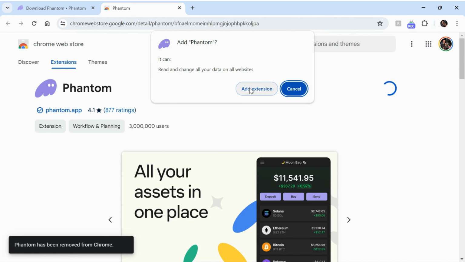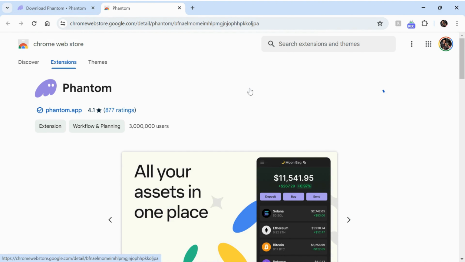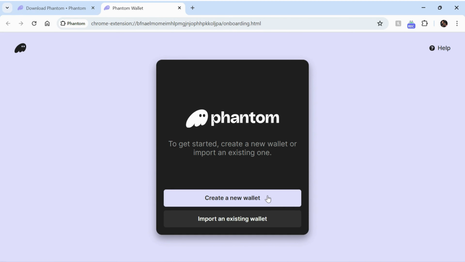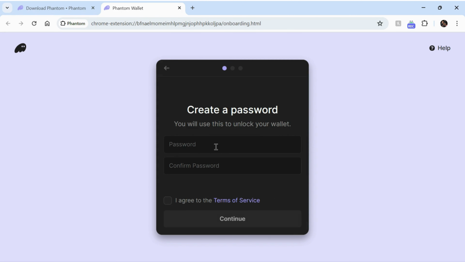Now we're going to add the extension onto our Chrome, and then we'll be able to create a new wallet. Now if you have an existing wallet, obviously you can import that, but in this case we're going brand new. We're bullish, so we're starting new. Now you create your password, of course make it a good one,